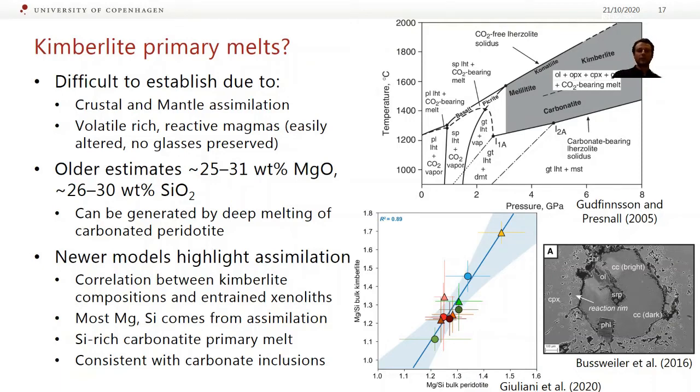So looking at some of the older estimates of what a primary kimberlite magma might be, you get something in the region of 25 to 31 weight percent MgO, so obviously it's very, very high, and very low silica, so 26 to 30 weight percent. So in the top diagram is a phase diagram from Goodfinson and Presnell, and this is basically showing, as a function of pressure and temperature, what type of melts are present on the solidus. So you can see that at very high depth, so pressures of about 5 GPa or so,